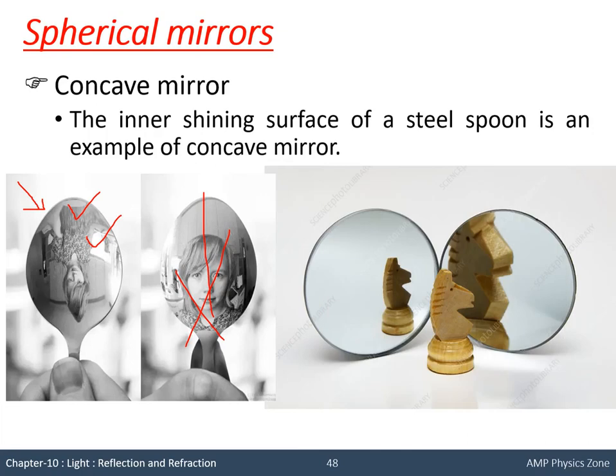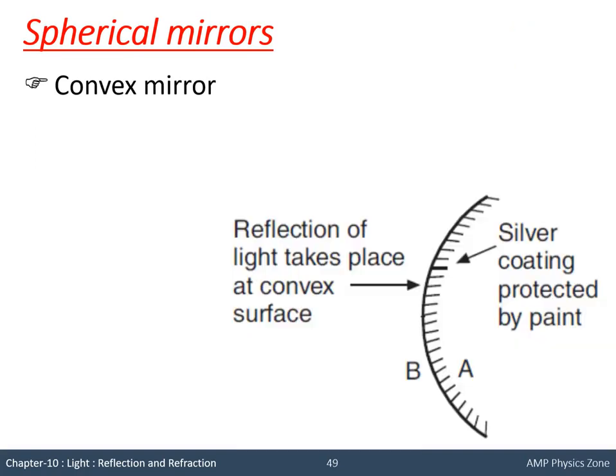Actually a concave mirror will be circular in shape, so we can check here, it is a circle. When it is viewed from the top or bottom it will be circular, but the same circle when we view from the side will become curved like this. One side will be the reflection. So that is the side view, and you should remember that while drawing ray diagrams we will use only the side view.